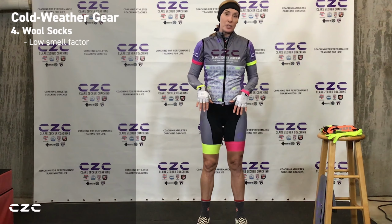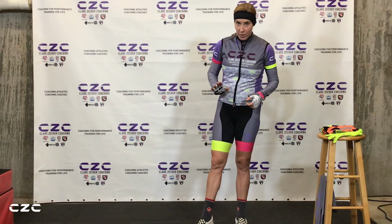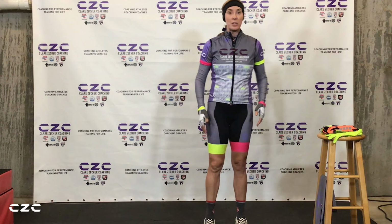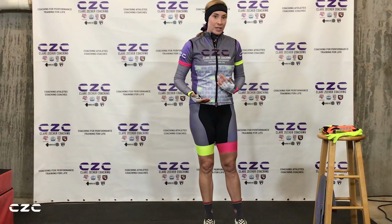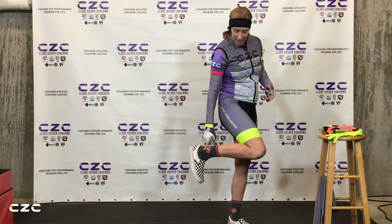You can be the grossest person and pretty much wear them 8 times a week and they won't stink. I do wash mine, just to be clear. But get wool socks. You can also get higher length wool socks, but that's really going to depend on your preference. For older athletes, athletes that are 50 and older, for men specifically, we're going to recommend that they cover